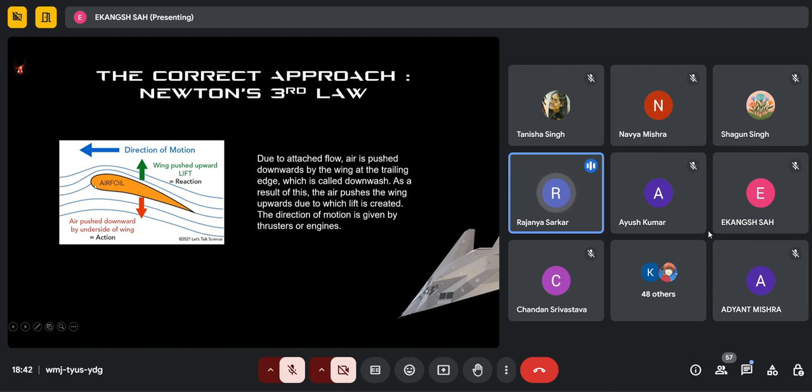So, as a reaction force, since the airfoil is pushing the air downward, the reaction force acts on the airfoil, leading to the lift generation. And this was the correct explanation for the generation of lift. And moving onward,